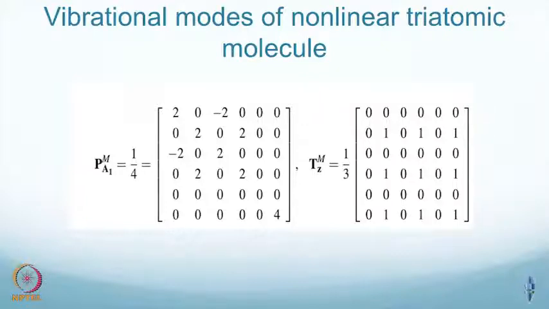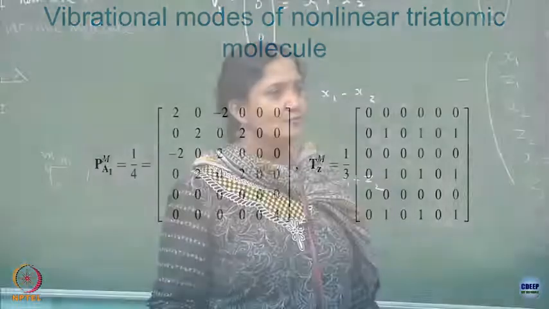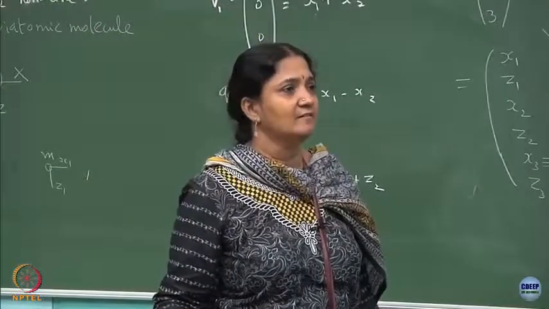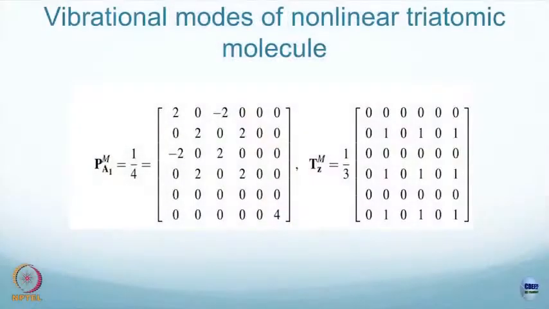I worked it out for you for the C2, you have to work out for all the elements, it is very simple, sigma V prime will be almost the same, identity and sigma V are the identity operators. You just have to take the characters, which are all 1, and sum up all these matrices. If you sum up all these matrices, you will end up getting a projector of such a matrix. I will leave it to you to check this out, okay. And once you get this projector,